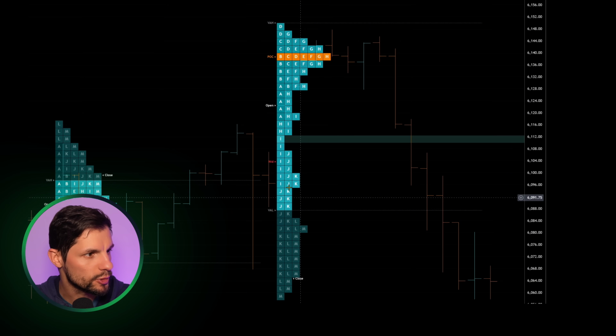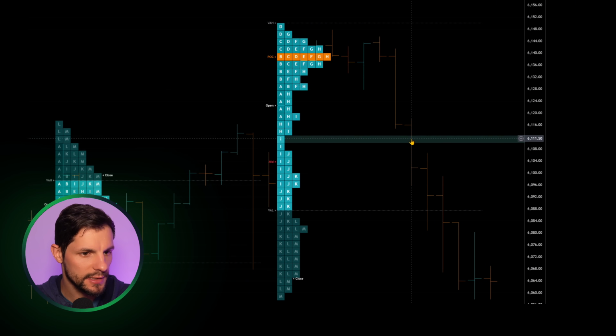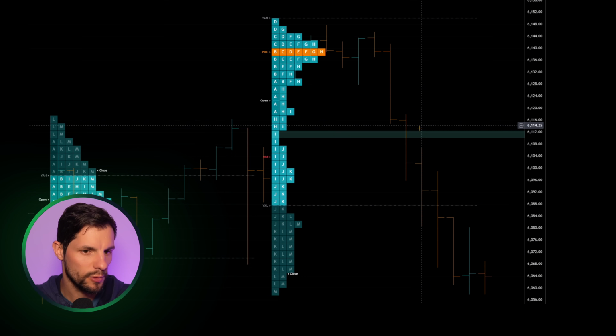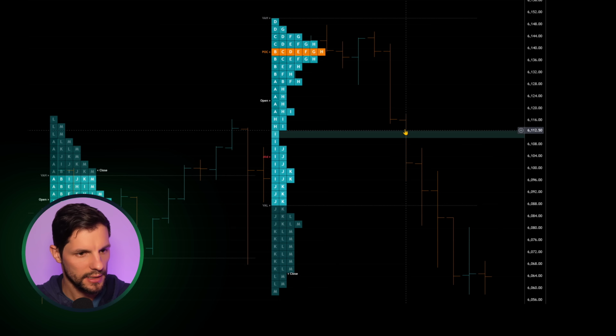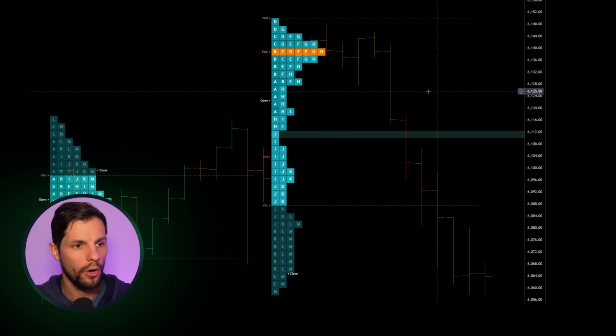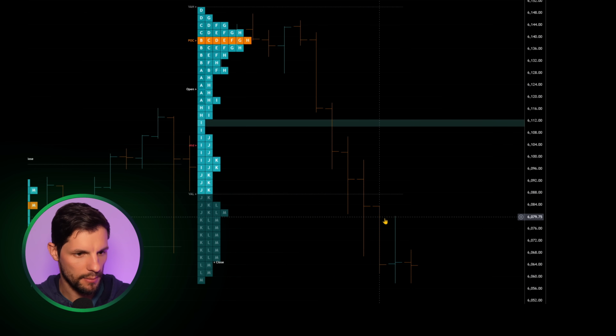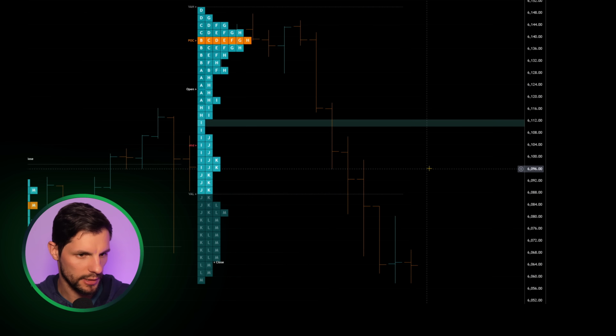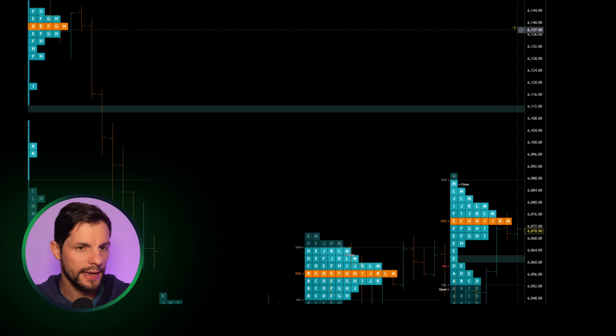Price was traveling down, and when it got to the I period, it ran through into J, creating a row of single prints here. So it leaves these inefficiencies in time. Between that 6016 and 6008, there was a row of single prints. Often this indicates that breakout, in this case breakdown, and then typically it gets revisited,